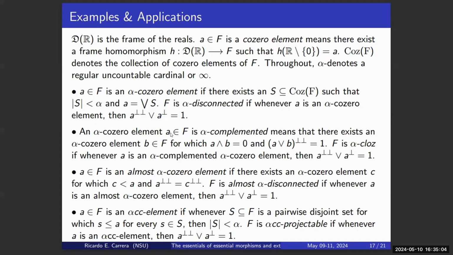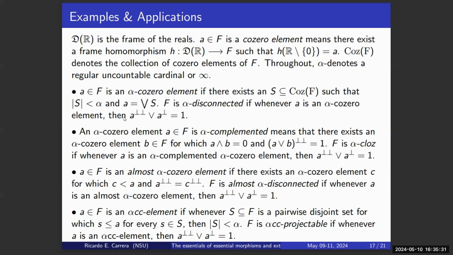An alpha cozero element A in F is alpha complemented if there exists another alpha cozero element B in F for which A ∧ B = 0 and A perp sup B perp equals 1. A frame F is alpha clause if whenever A is an alpha complemented alpha cozero element, then A perp sup A perp equals 1. I should mention that all of these concepts have their counterpart in topology,